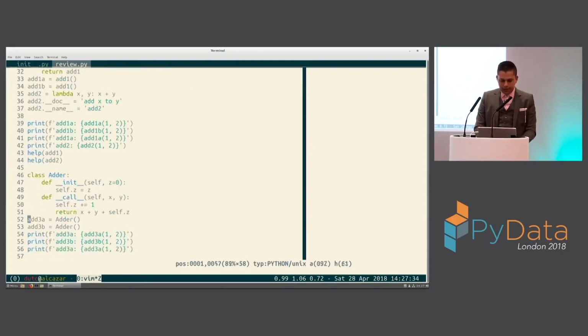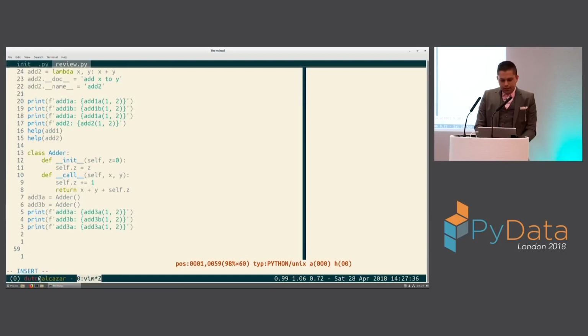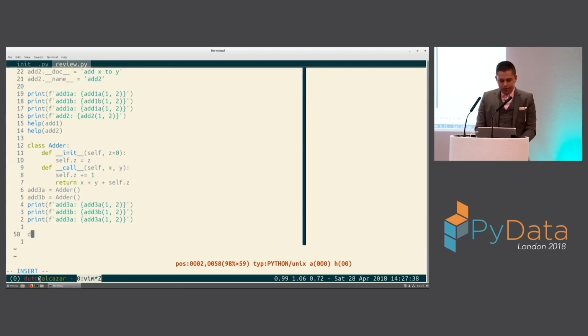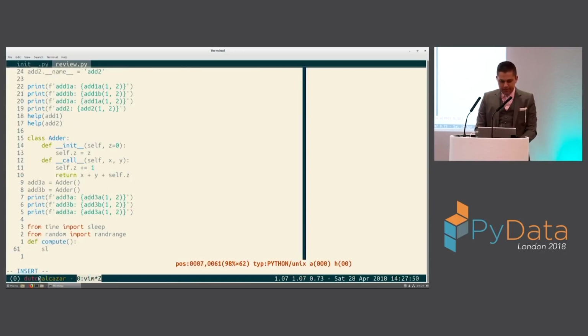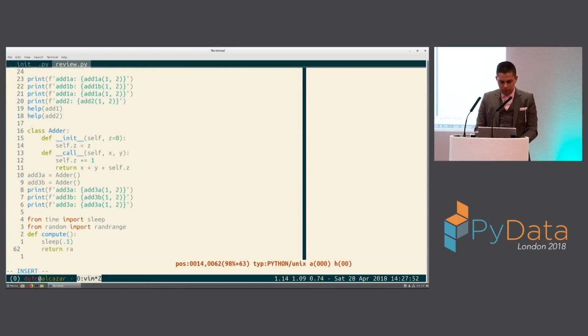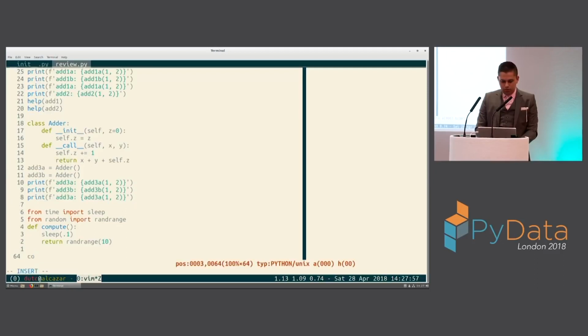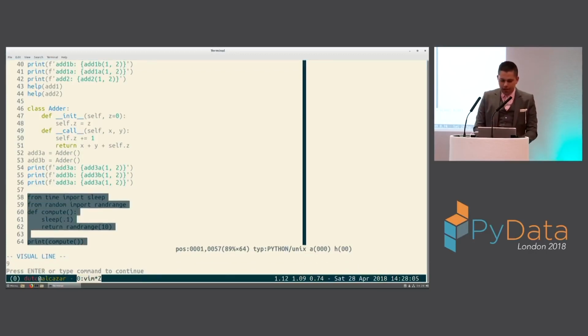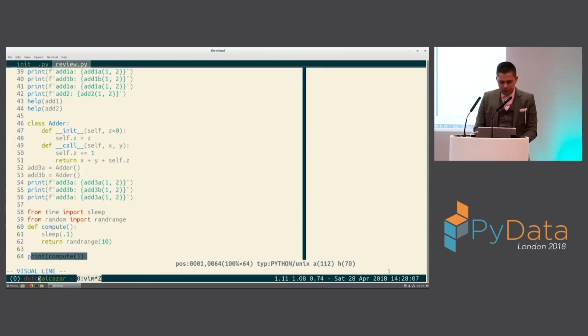Here's what we're going to talk about that's slightly different. Let's pretend that we have a function that computes something. And because this is hard enough as it is, I'll just give you a dumb compute function that doesn't do anything that interesting, but it takes 1/10 of a second to run. So it returns a random number between 1 and 10, and it takes 1/10 of a second to run. See? You can even feel that 1/10 of a second there.